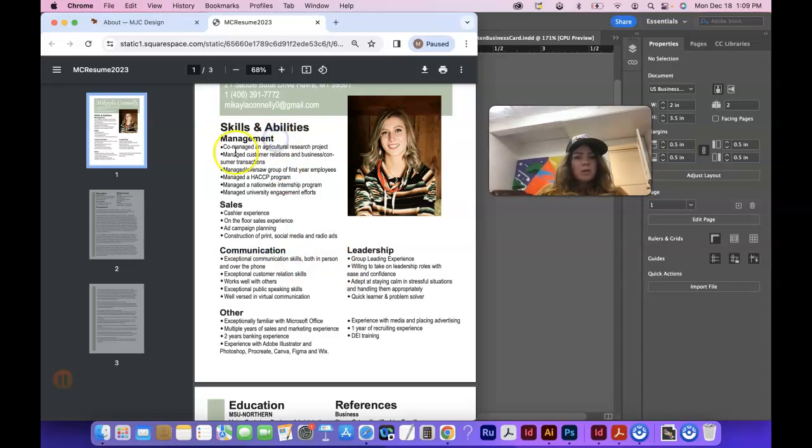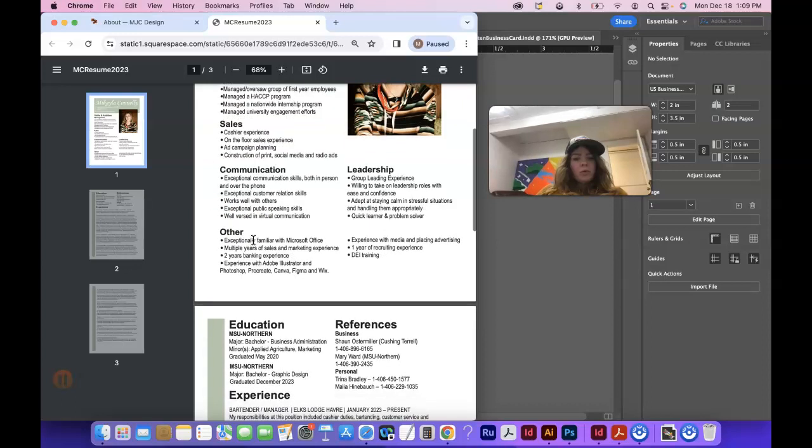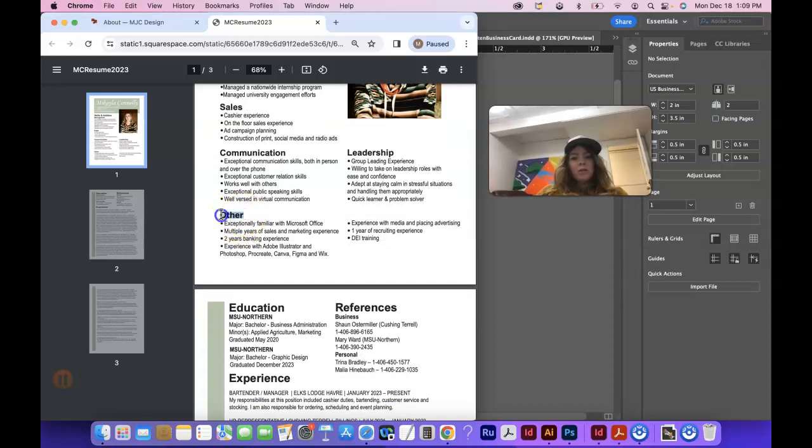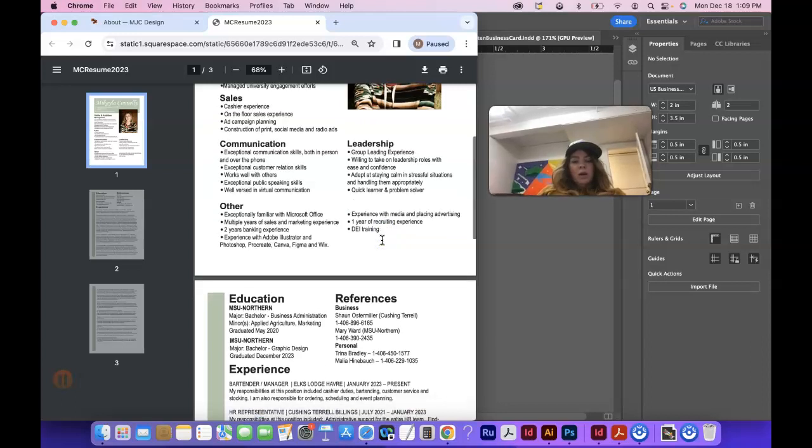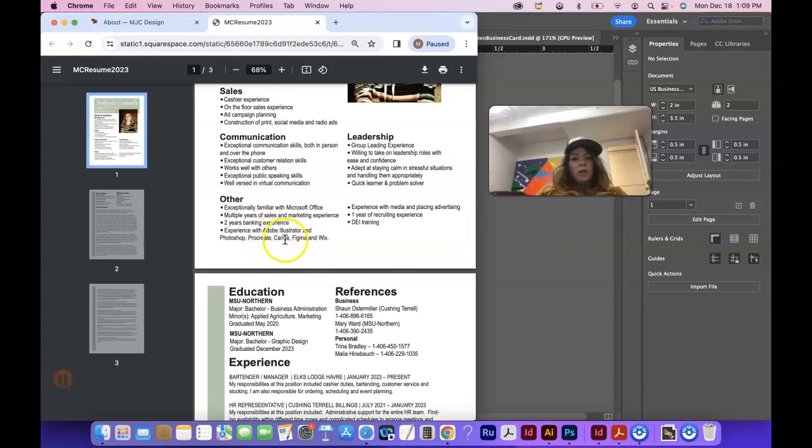Management, yeah. So you could have a design instead of other. You could have a design and marketing experience. So yeah, I did write a few things down for you to add, and I did give that to you, so try to put that in there. Branding design, multimedia campaign design. But you could probably add in InDesign in here,